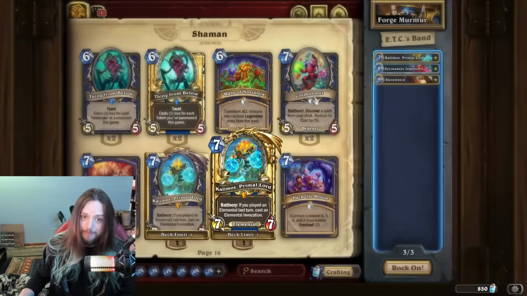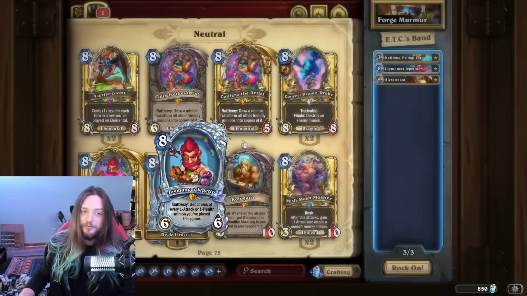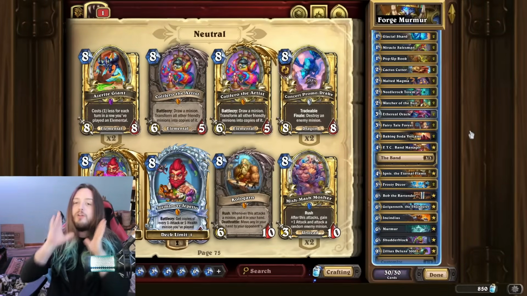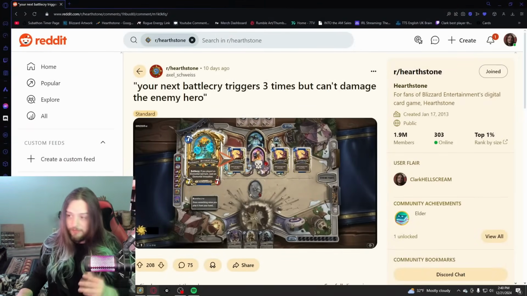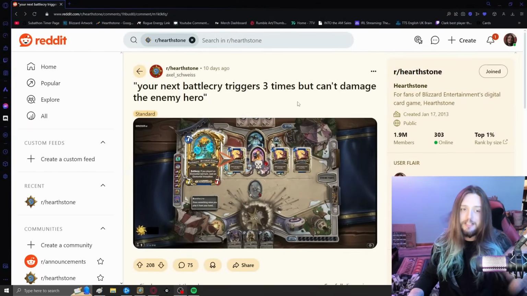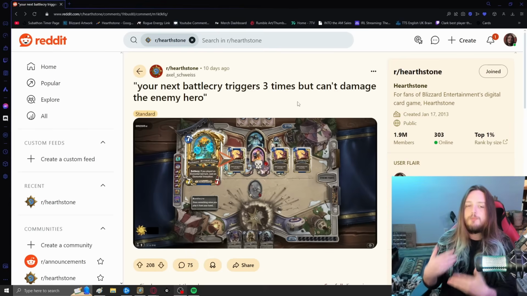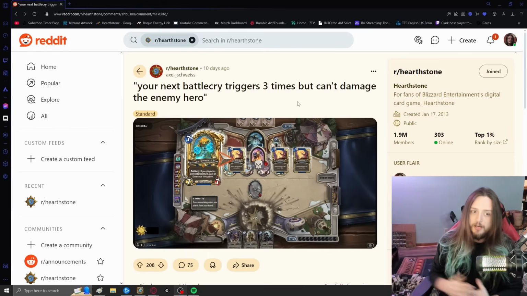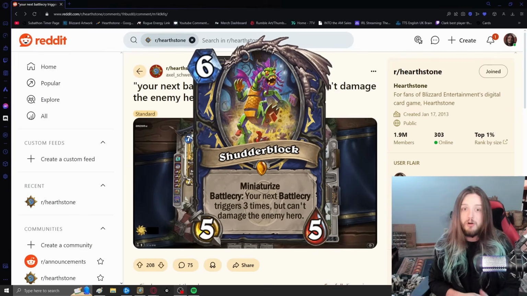There's a lot of what happened there, and you also have to understand what Geppetto does, because this is a card that just doesn't really see a lot of play. Now, with all of that being said, there's unfortunately a Reddit post that was made not too long ago that actually went into detail about this interaction, because a lot of people are confused about Kalimos dealing damage to the enemy hero. Because when you play Shutterblock, it's not supposed to actually deal damage to the enemy hero, but in